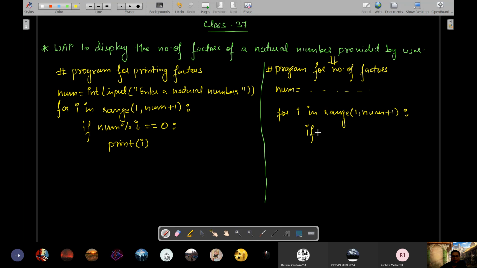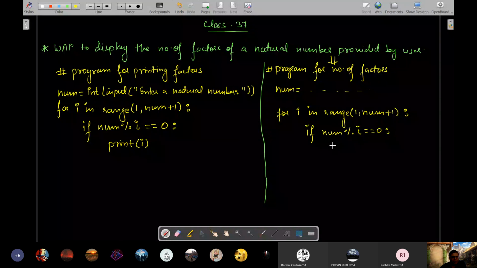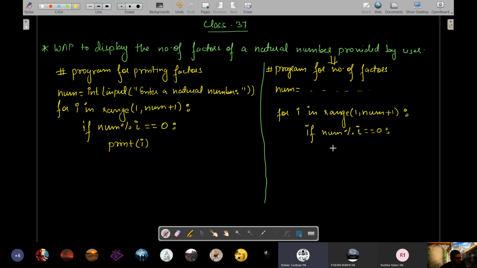Now inside the body, if this is the case, then if you are coming inside the block of if, what does that mean? Is it not meaning that you have got one factor? Yes, sir. If your program control comes inside if, that means every time you enter the block of if, you have got one factor. Whenever this condition, or the header of the if, becomes true, that means you have come inside if, and that means you have got one factor.